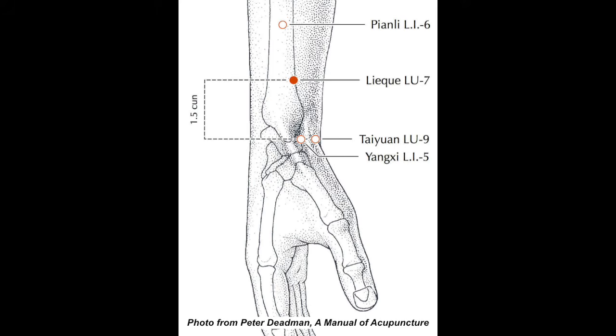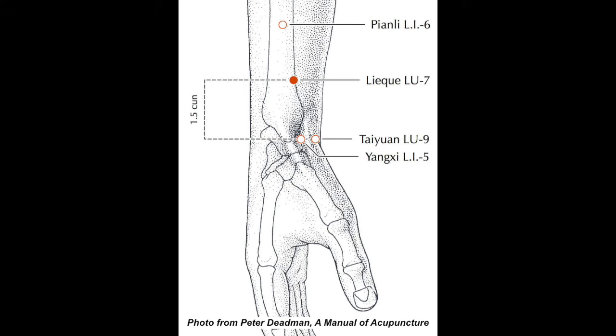Now, you may remember from previous lectures that many diseases begin from the exterior with what we call in TCM wind. That's from our lecture on the evils. Also, we can understand that the lung is one of the first organs to be affected by upper respiratory infection, right? And so this point is on the lung channel. And this particular point releases the exterior and expels wind.